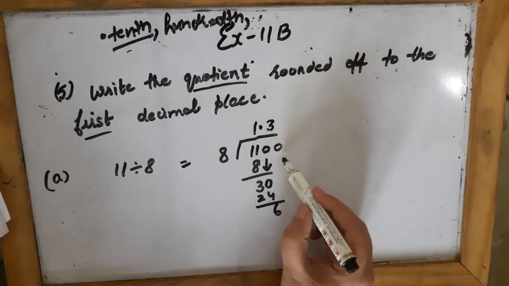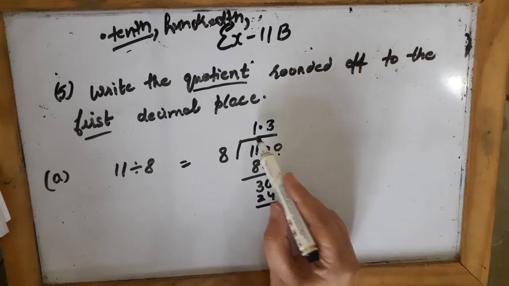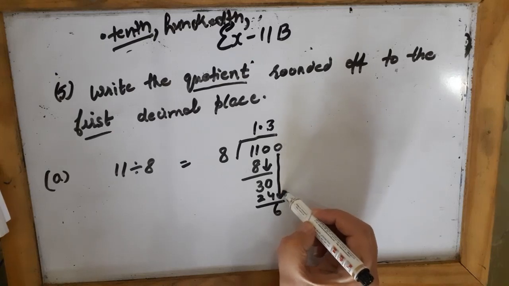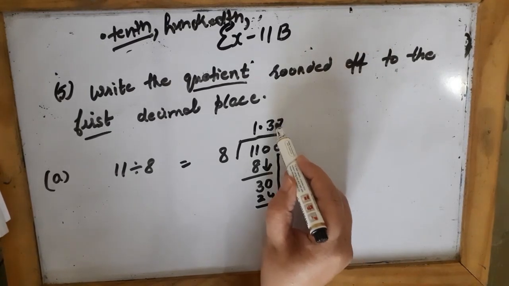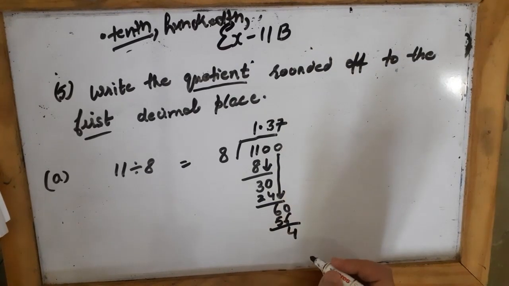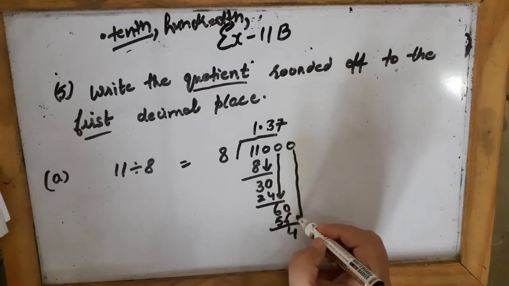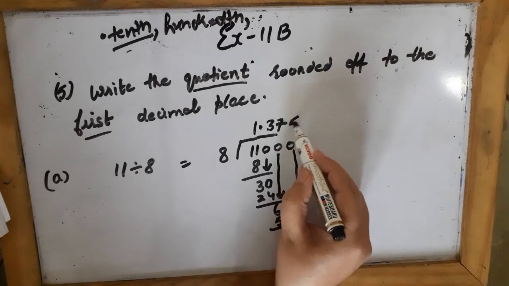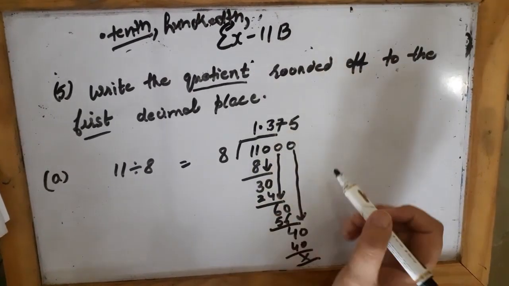So put a 0 again, because my remainder is left and I want to continue this sum. So 6 becomes 60. So 8 7s is 56. Now again 4 is left, no digit here, so I can again add a 0 and bring this 0 down. So 8 5s are 40. So I am not left with any remainder, and I've got the quotient